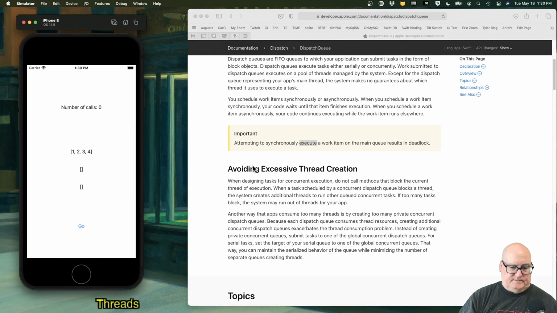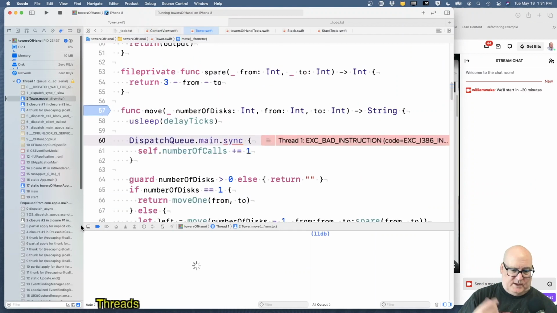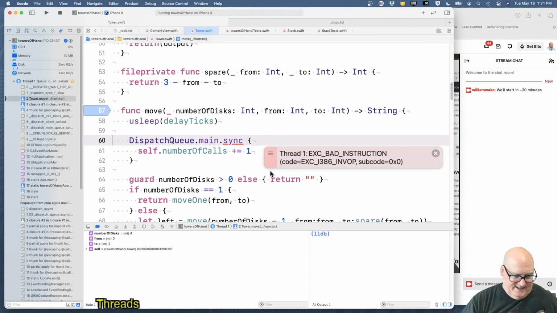This bit. Because we're calling our UI from the main thread. Yeah, bad instruction. Doesn't tell us quite what that instruction is, but I think the issue is we're deadlocked. We're trying to call ourself. We called this whole thing from the main thread, and now we're saying, hey, call synchronously. Well, that's never going to work because we're already in the main thread. The main thread's busy. It's busy doing this stuff. Okay, so